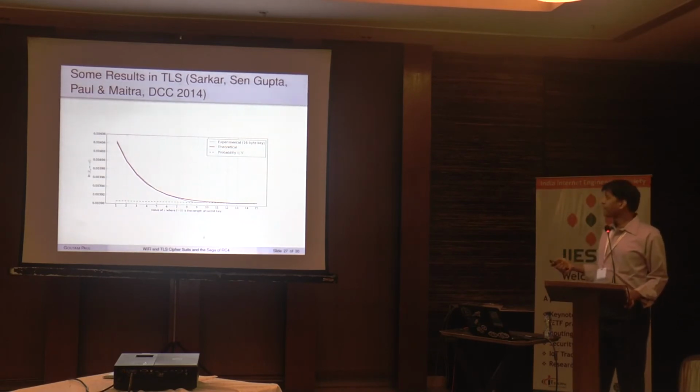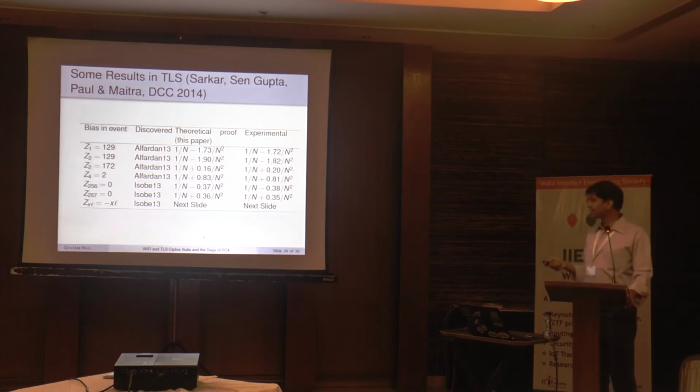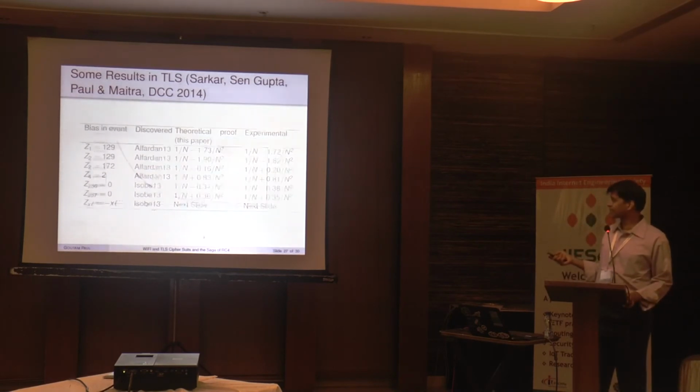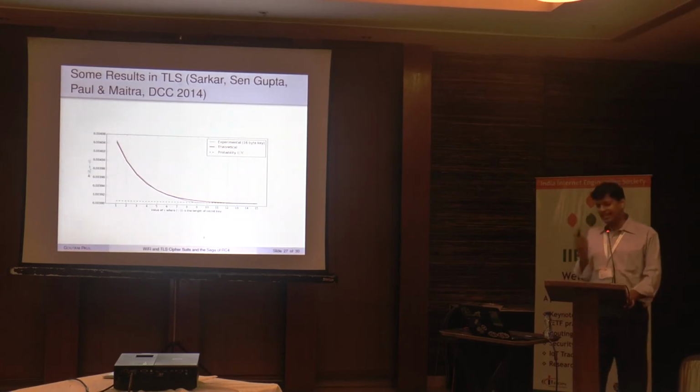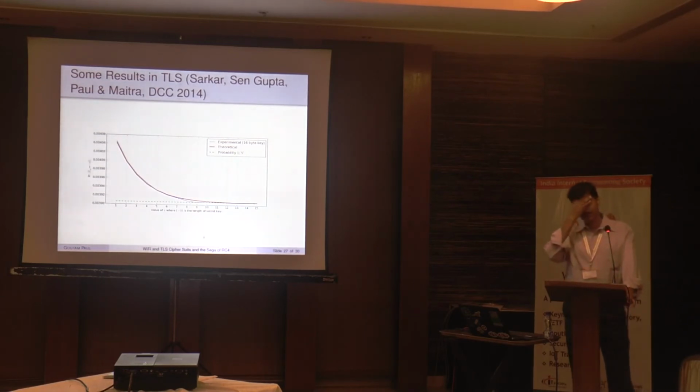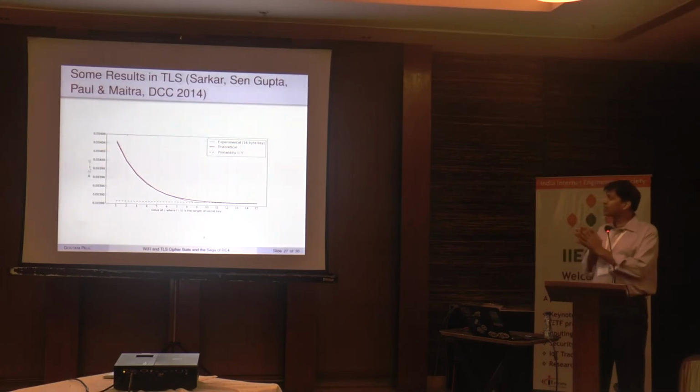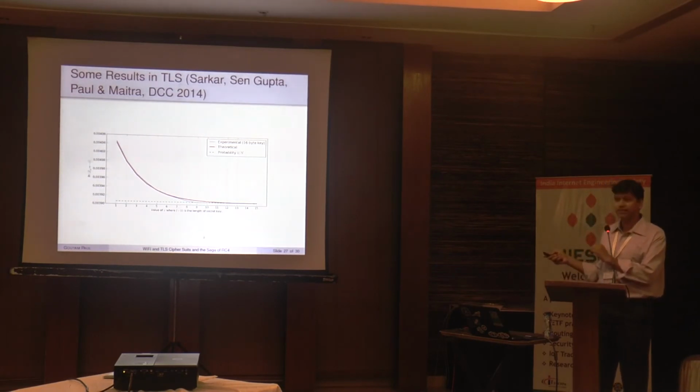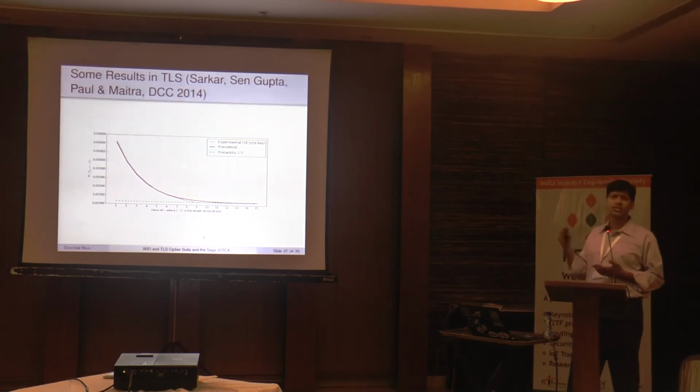Another significant result that we found is that there are some biases that depend on the secret key length. Before this work, all the attacks were talking about the bias of the output, the bias in the ciphertext, and how to decipher the plaintext by looking at the ciphertext. Now here we are talking about the dependence of the bias on the secret key length, and we showed that as the key length varies, because you can have a 64-bit key, 128-bit key, 256-bit key, right?